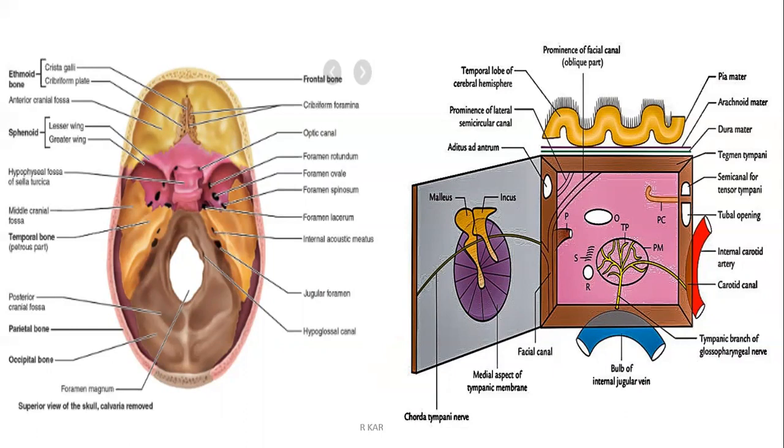Now, it has entered into the facial canal. At the bottom of your internal acoustic meatus, somewhere here, the two roots that were separate are going to fuse together. So this is going to be the course in the cranial cavity, in your brain part, and then in your internal acoustic meatus.